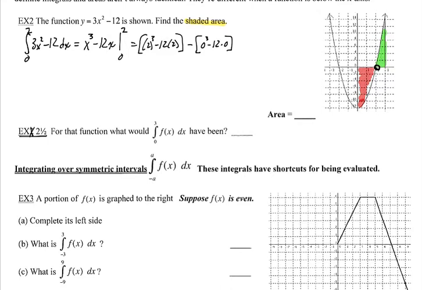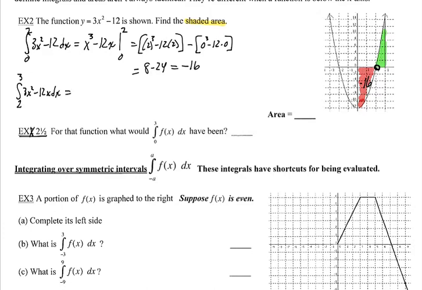So then this is going to be equal to 8 minus 24, or negative 16. So that's the area below the x-axis. That's negative 16 there. And then if we do the integral from 2 to 3 of 3x squared minus 12x dx,